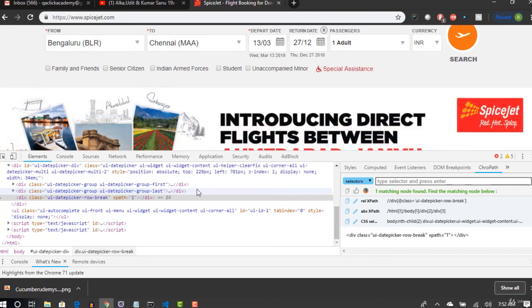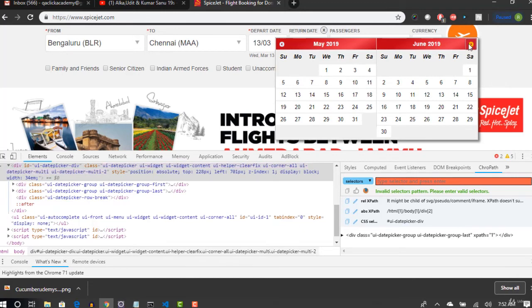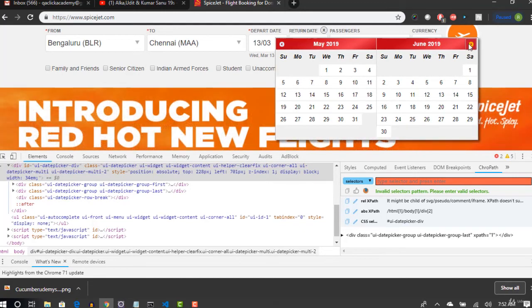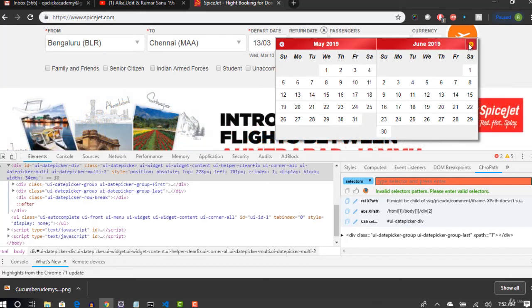Okay, for now just go with select date and do not try anything like this. You can try, but you need some more concepts to understand. I can tell right now, but I cannot dump too many topics at a time. So let's go in the sequence. Once you complete a few sections, probably some 30 videos, then you will come across how to handle the calendar by selecting the desired date or month or year. Okay, there is one separate section where I spoke about that.